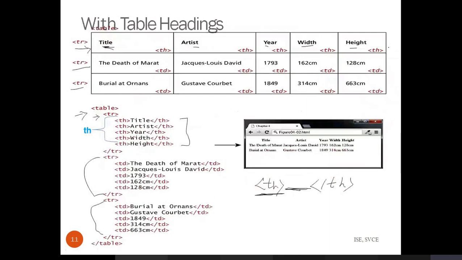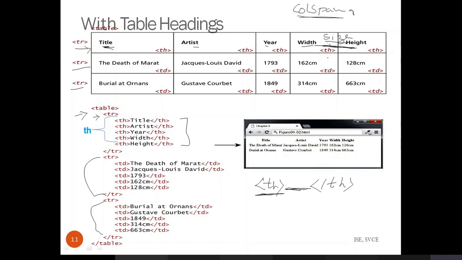Now I don't want to display a separate heading here, so I will just merge these two columns. Whenever you want to merge columns, you need to use column spanning. Here I will replace width and height with a heading called size. Now I am going to merge these two columns using the column span attribute. It is an attribute. Column span is the attribute.